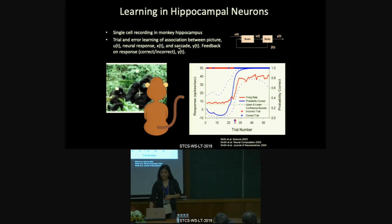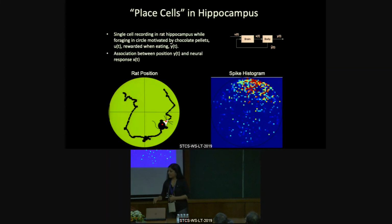Okay? So the next example I have, place cells. This actually won the Nobel Prize in medicine a couple of years ago. So what these researchers found was the following. So here's the experiment. You're going to motivate a rat to randomly forage around this circular environment. How do you motivate it? So what's your stimulus? You throw